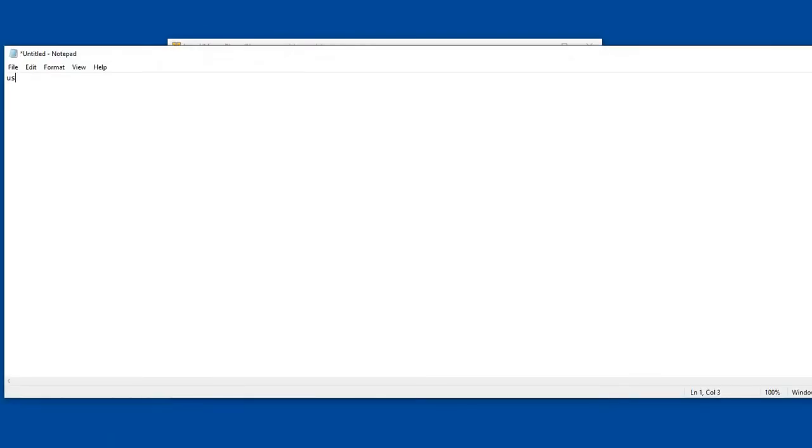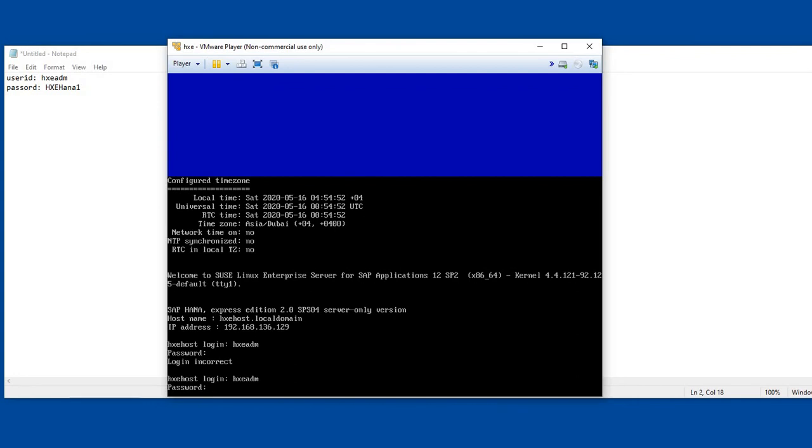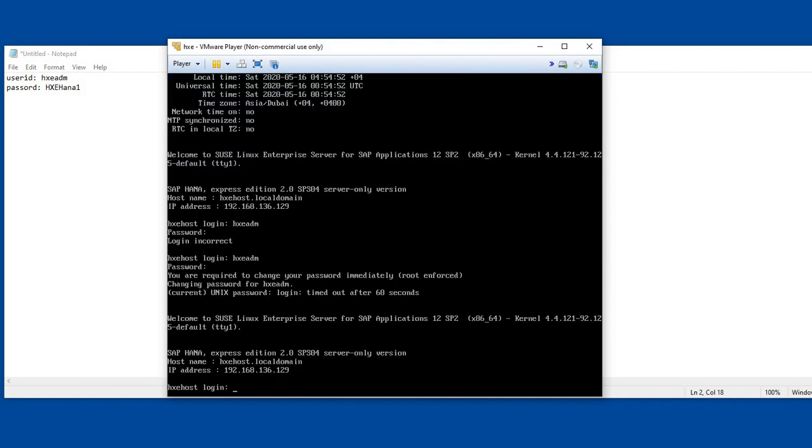This is the user ID, xseadm, and the password is XSEHANA1. It will prompt you to change the password.